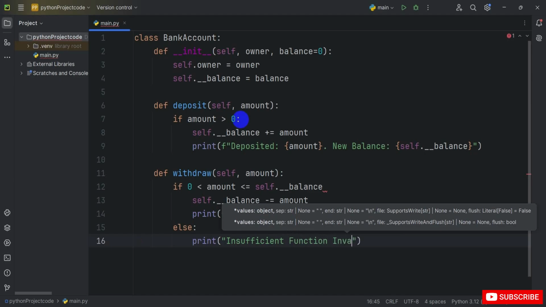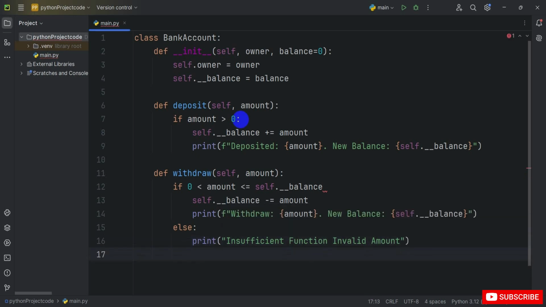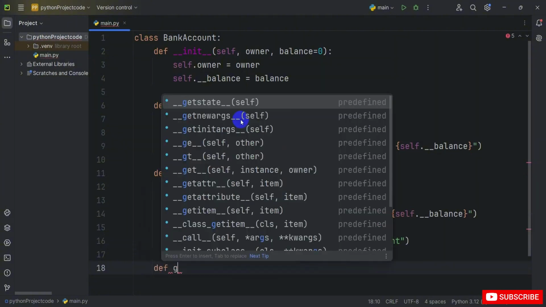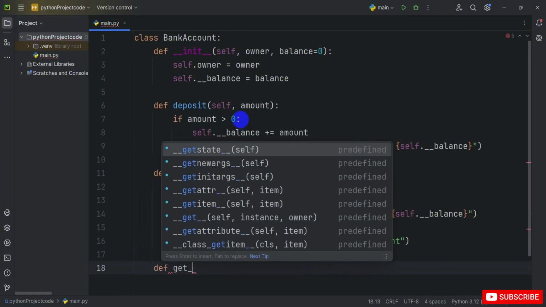Okay, so type for the invalid amount. Okay, so my code is almost done. And now in this next line of code I'm creating the object. Then you can see here I create another function for the data, and then type get_